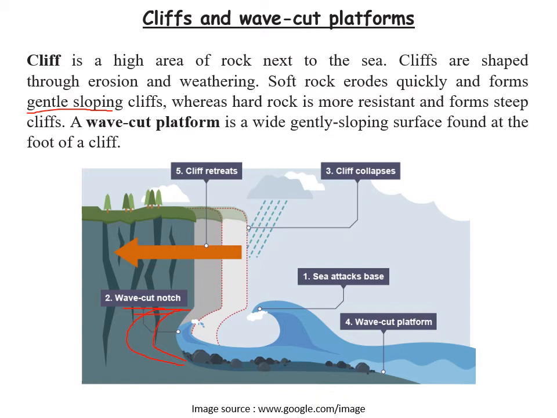So they are regularly churned, regularly worked by the waves, and gradually they are spread throughout these coastal areas, and they form a nearly horizontal to very gently sloping flat land area which is called a wave cut